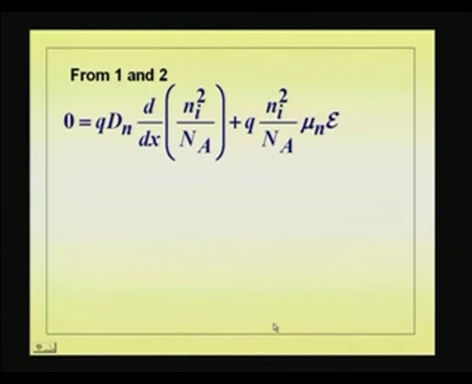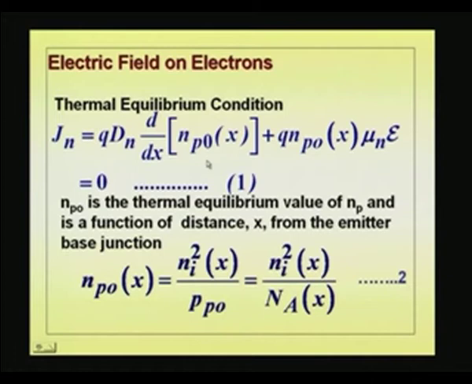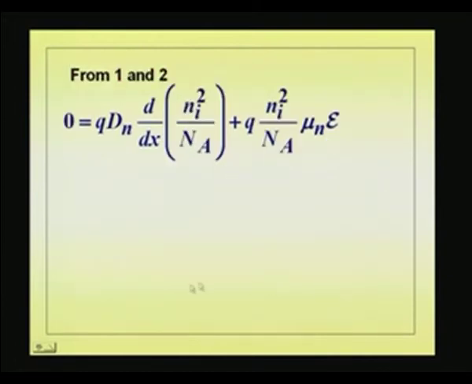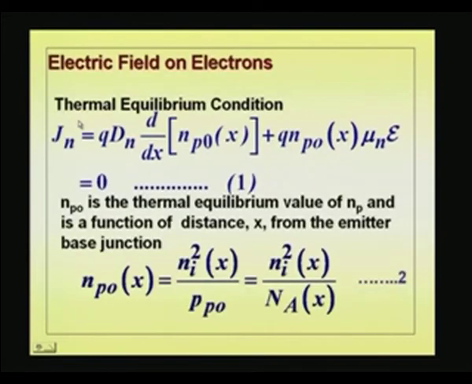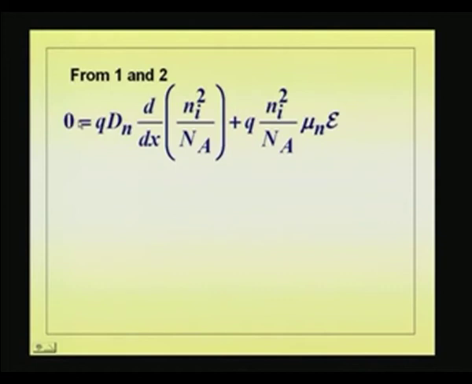So, I have rewritten that equation. Instead of Np0, now I am putting Ni squared by Na. So, Q mu n d by dx of Np0, which is Ni squared by Na, Q mu n Ni squared by Na into E, that is 0 in thermal equilibrium condition. That is what is meant by equations 1 and 2. Okay. Now,